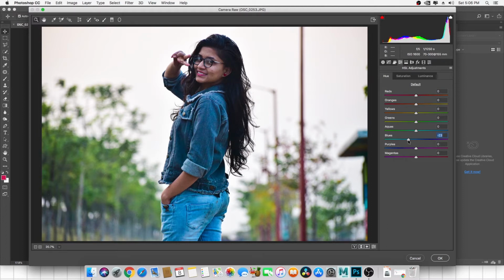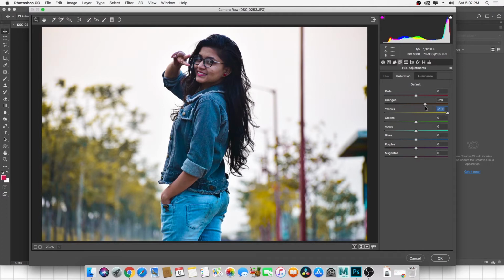But basically in this one I'm going to take the blue like that, and purple, we don't have purple here, we have greens. So greens, if you see greens at the background, if I change the greens color, it converts to something else like that or like that, but I like that too much. I think it's looking cool to me, but if you want to change the color, you can hit and trial all the sliders and make it the best you want to. Next, come to saturation. I think yellows are a bit less saturated, so I can increase it.